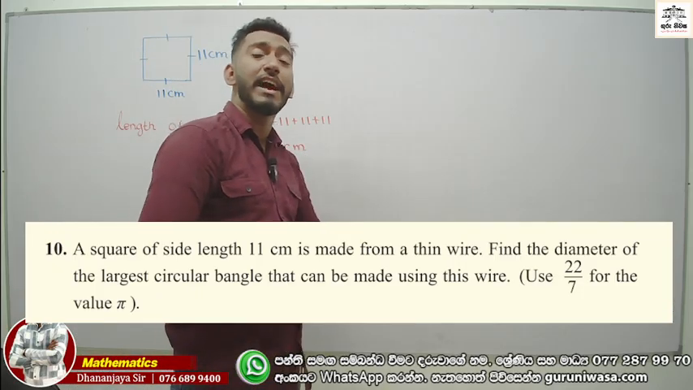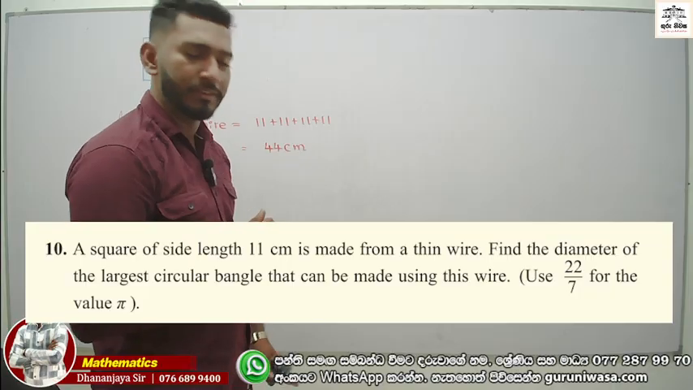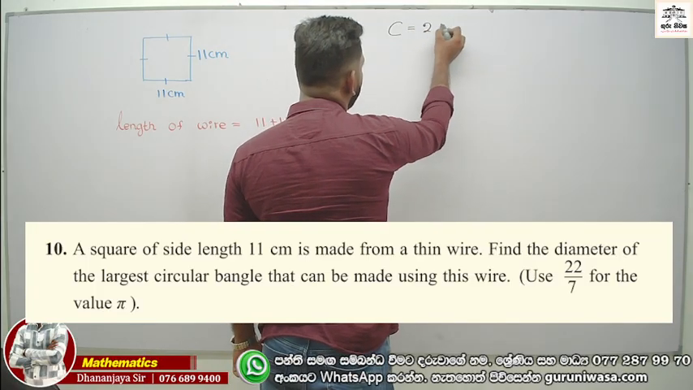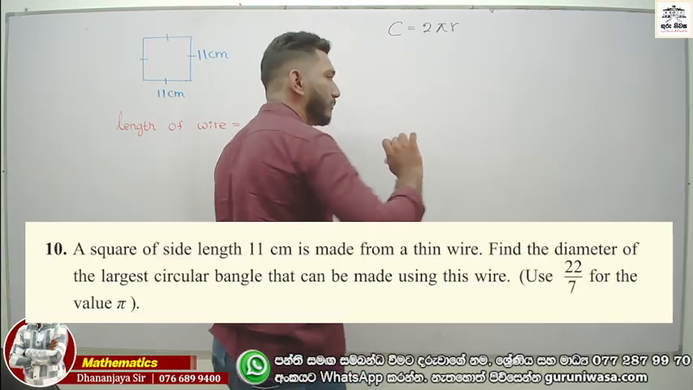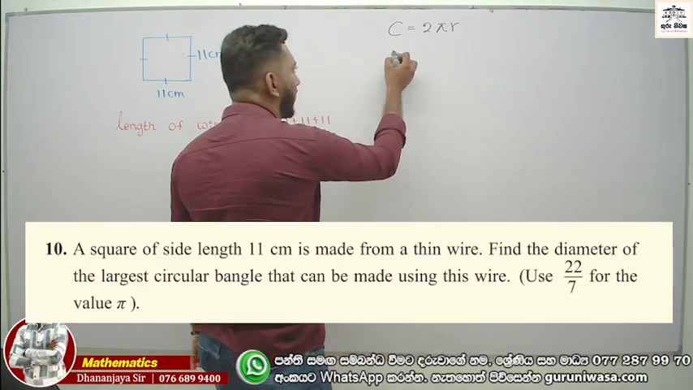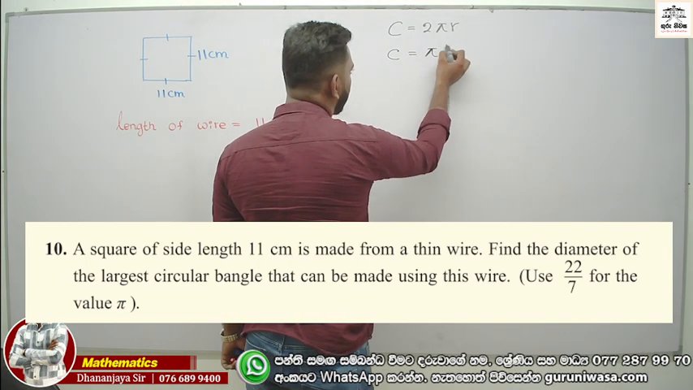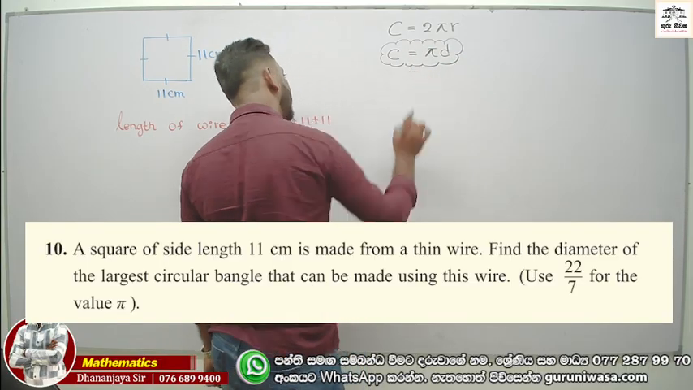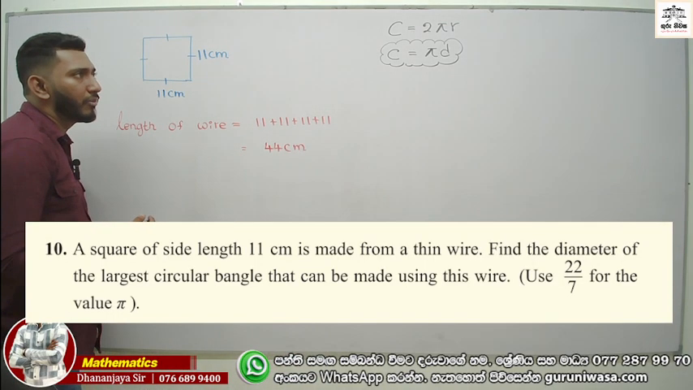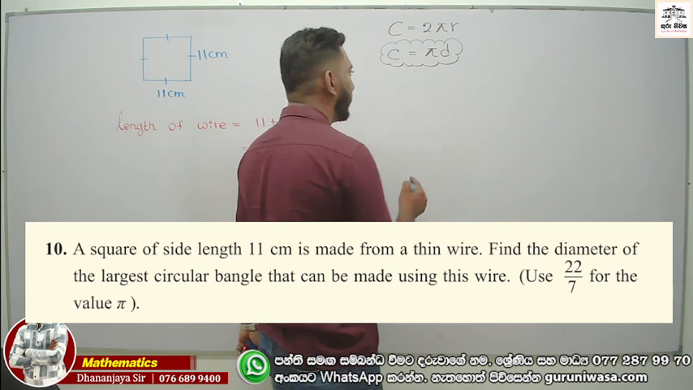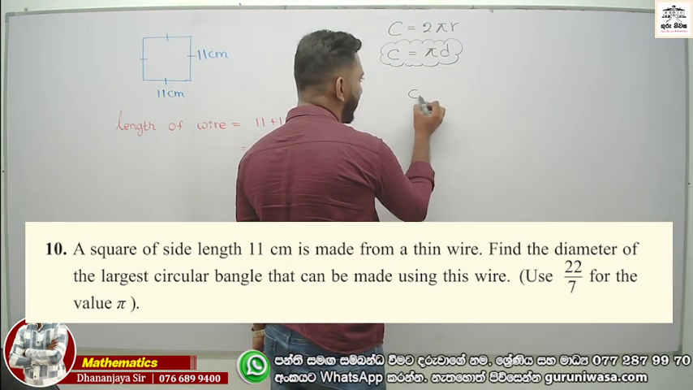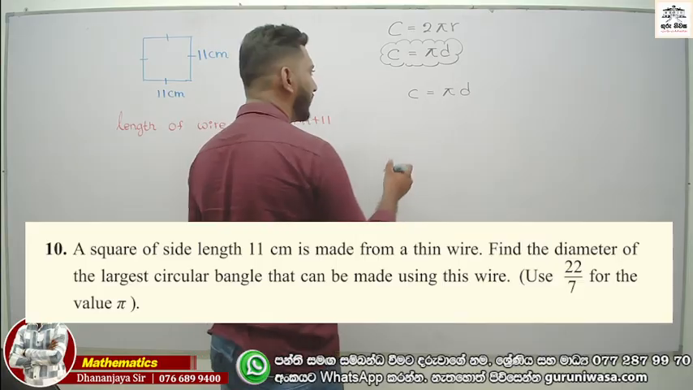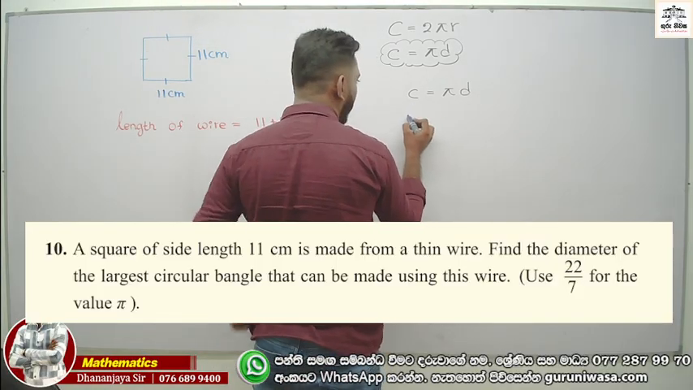Now you need to find the diameter, and we have two formulas. The first one we call the circumference, which equals 2 pi r. The bangle is like a circular thing, right? And C equals pi d. Now I am going to use C equals pi d because the question asks me to find the diameter. Therefore, circumference C equals pi d. Now the circumference is the length of the wire. It should be 44